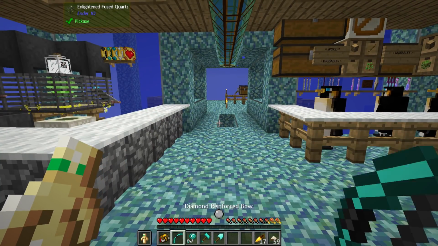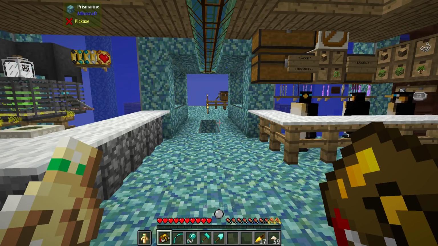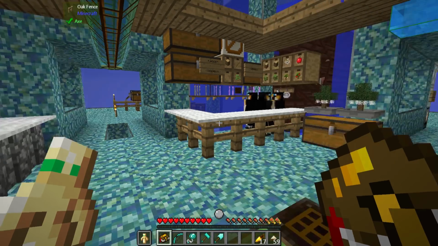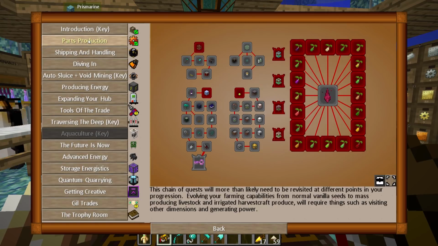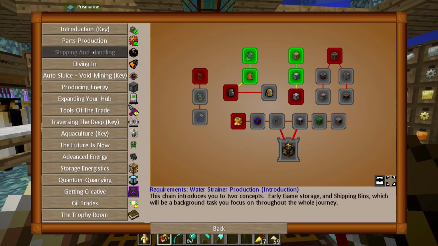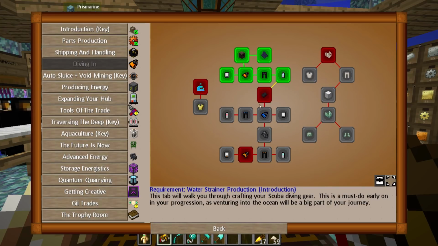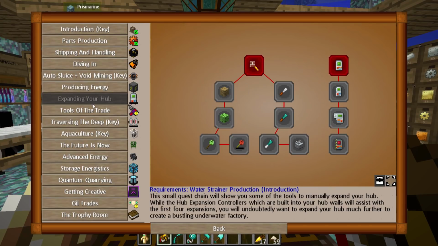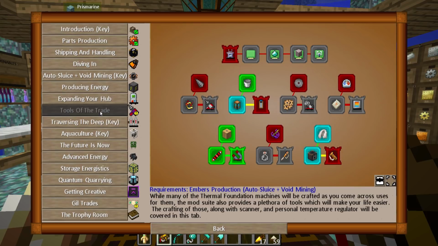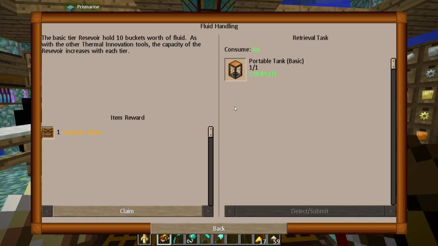So, I have decided to take it a little easier on the things that I'm going to be working on today, only for my own mental satisfaction. One, I wanted to work on upgrading my swimsuit because it'd be nice to be able to stay underwater longer and move faster in it. But also, I wanted to get the scanner going, and I've got a bunch of these that I was able